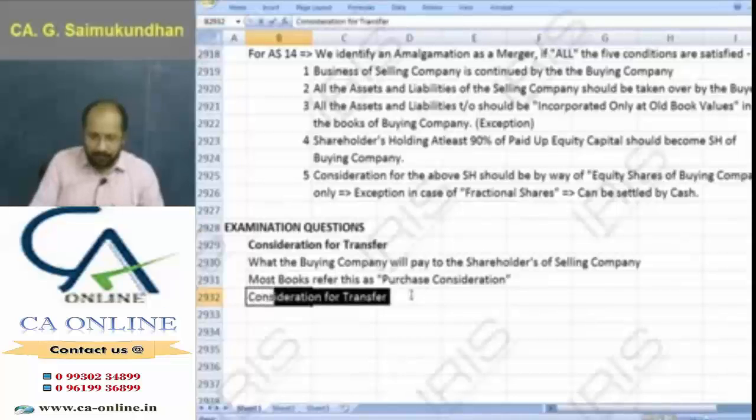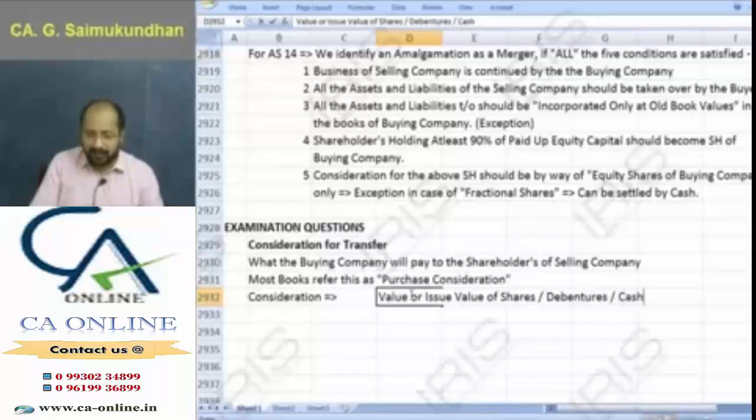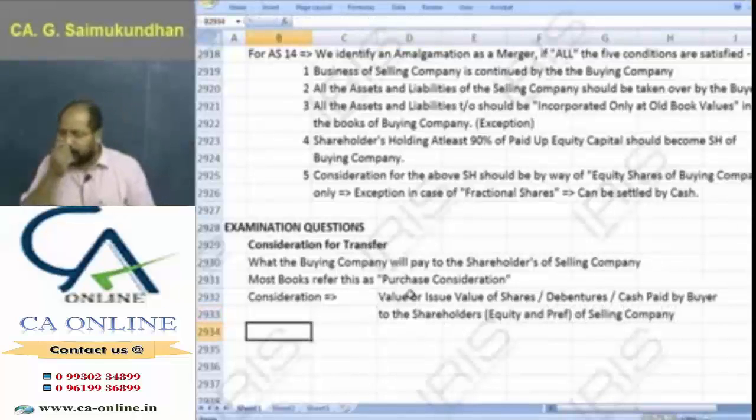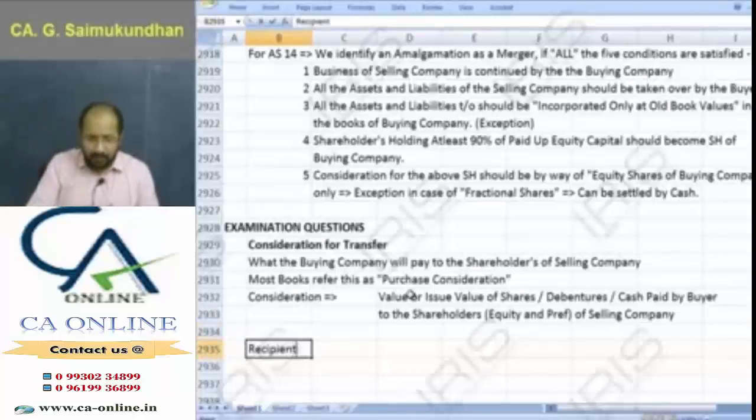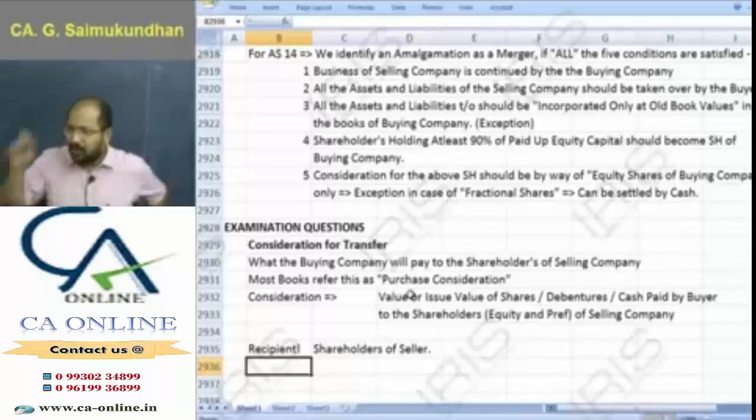Out here, we'll focus on what? Consideration would be nothing but value or issue value of shares, debentures, cash, etc. paid by buyer to the shareholder of selling. So we are focusing only on the recipient. Focus on the recipient. Recipient what here? Shareholders of selling. So when you start dealing with something about consideration for transfer, always